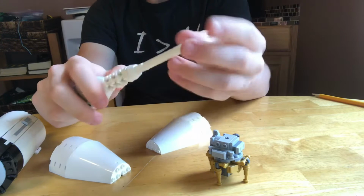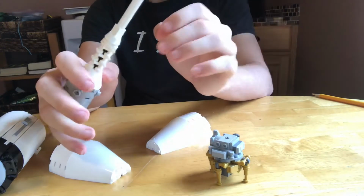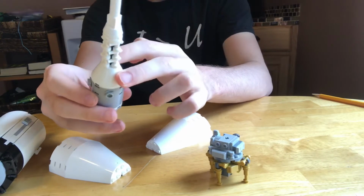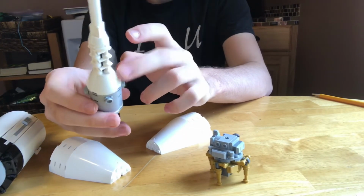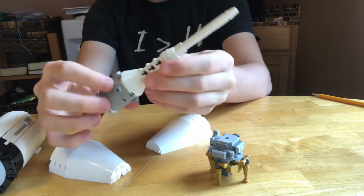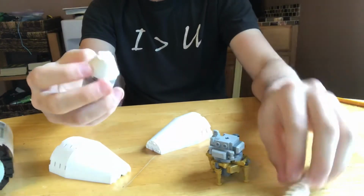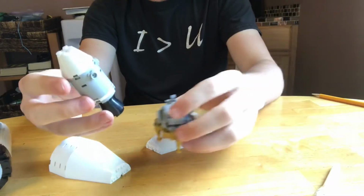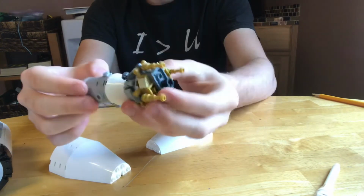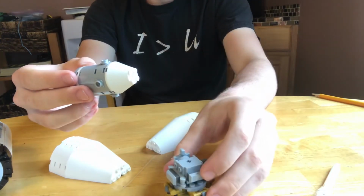So this top here would break off, and if you want to know what this tip is, it actually has more use. If this was taking off from the ground and there was something wrong, there would be engines right here that would propel the cockpit away from the rest of the rocket to keep the astronauts from dying in the explosion. Which came in really handy a few times, but there were no actual casualties, which is really good. So once it gets out there, this would decouple from the rest of the rocket, and you'd be left with this. And then the lunar module would attach to here, and they'd fly all the way to the moon like this, and then they would get into the lunar module, drop down onto the moon, do whatever they had to do,